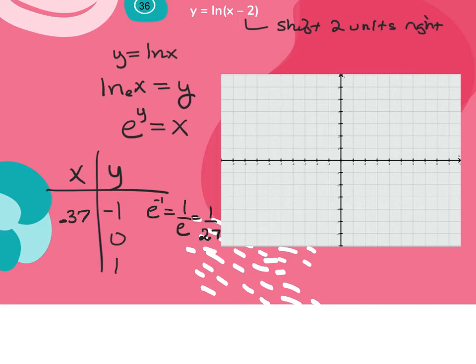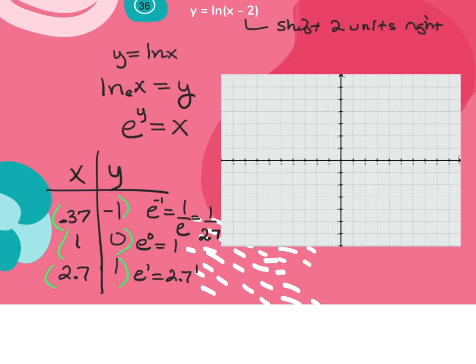Again, my graph goes by ones, so just know that you're putting it in between 0 and 1. Because again, we're not going to graph precisely 0.37. Then e to the 0 power, anything to the 0 power equals 1. And then e to the first, we're really just doing 2.7 to the first power, which is 2.7. So now I'm going to go ahead and graph these 3 points